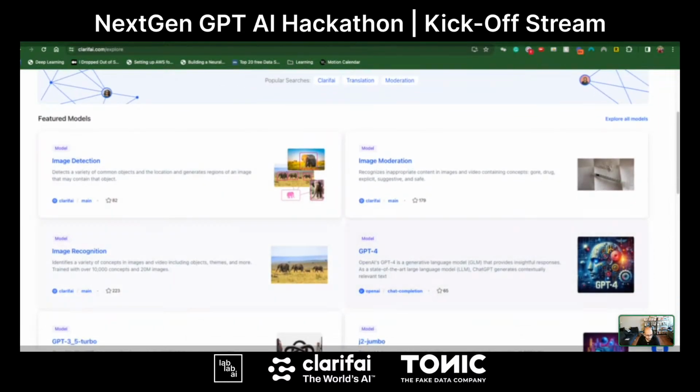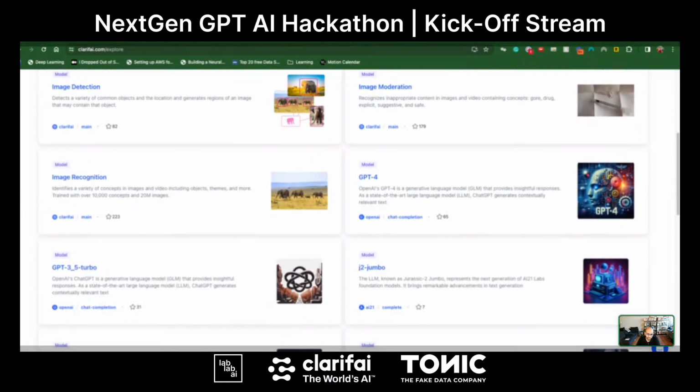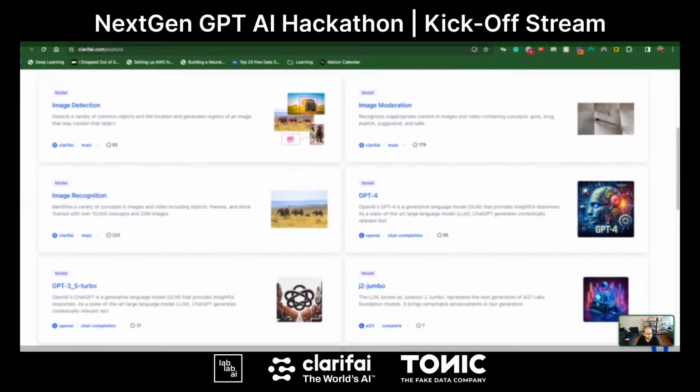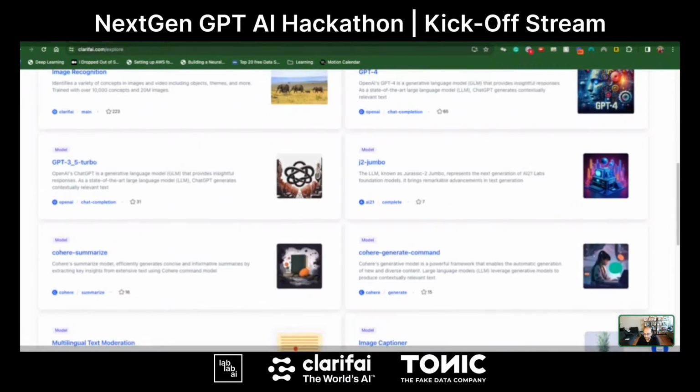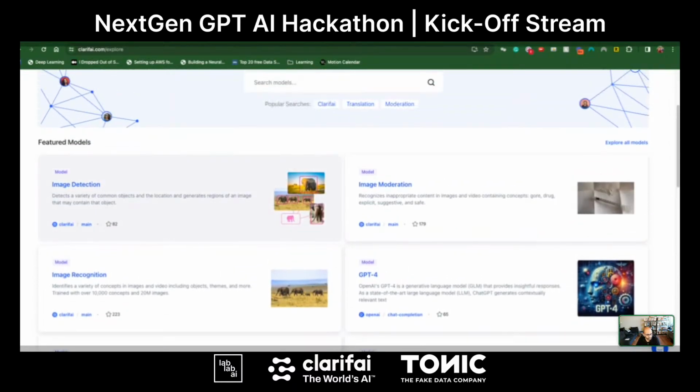We'll walk through our main characters of interest, the GPTs and so on, but we have our own Clarifai models that can do various things. The models deal with images, audio, video, and text. We treat video as a sequence of images, so any image model can be used on a video as well.